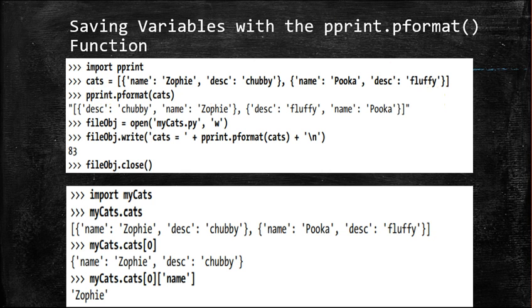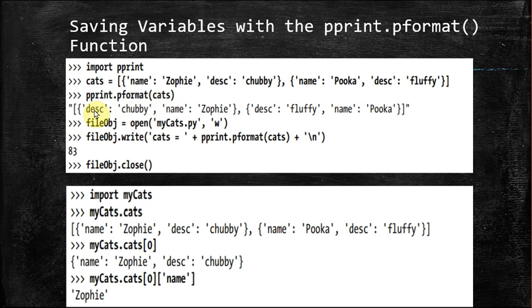So to keep this list in cats available even after we close the shell, for that purpose we can use pprint.pformat(cats). Even though you close your shell, all this you're writing in your interactive shell or your IDE. Even after you close the shell, we can use this pprint format to return it as a string. In the beginning, we said this data can be written into a file with the .py extension. So that is what we are writing here. So just see here, pprint.pformat(cats).